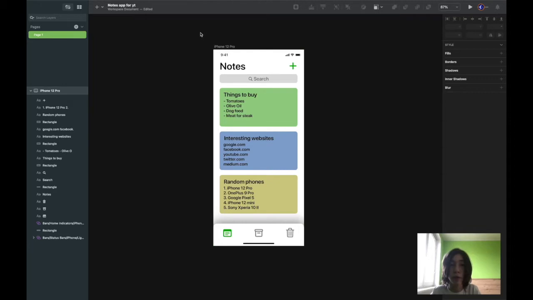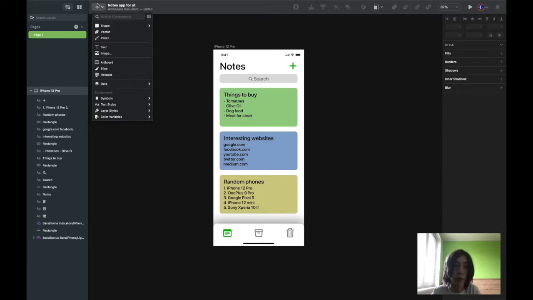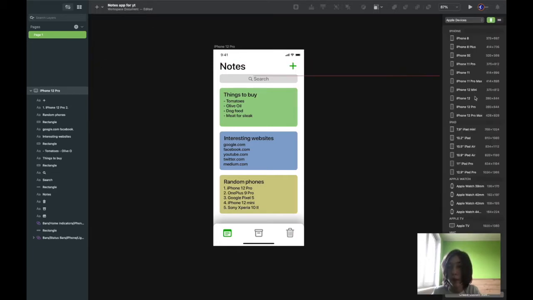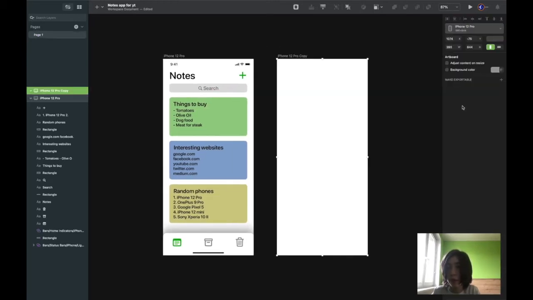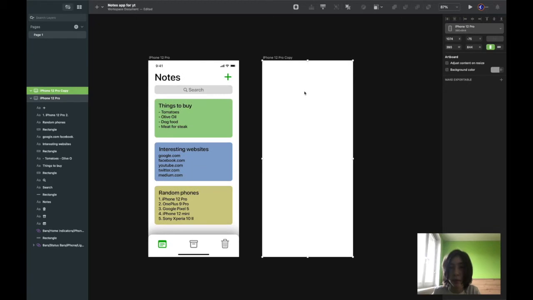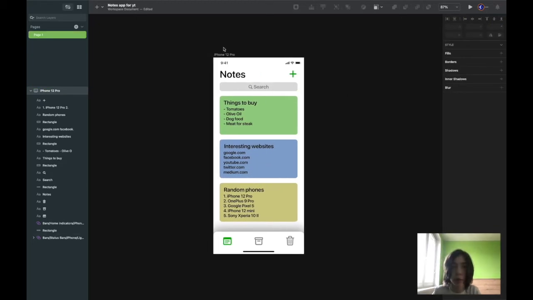And the first step to make an artboard scrollable is to have an artboard created using a preset. So to add an artboard using a preset, you have to click Add, then Artboard, and then select a preset here on the right. You have Apple devices, Android, and a bunch of others. Now, after creating an artboard with a preset, like let's say iPhone 12 Pro, you can see this is a preset. I have already created an artboard with an iPhone 12 Pro preset here.